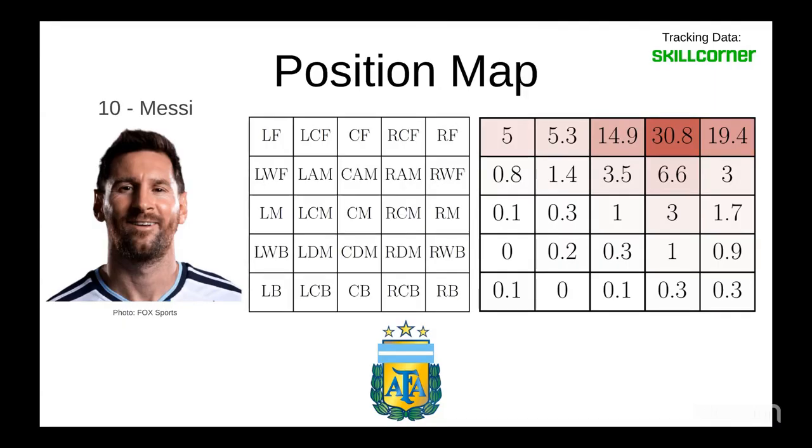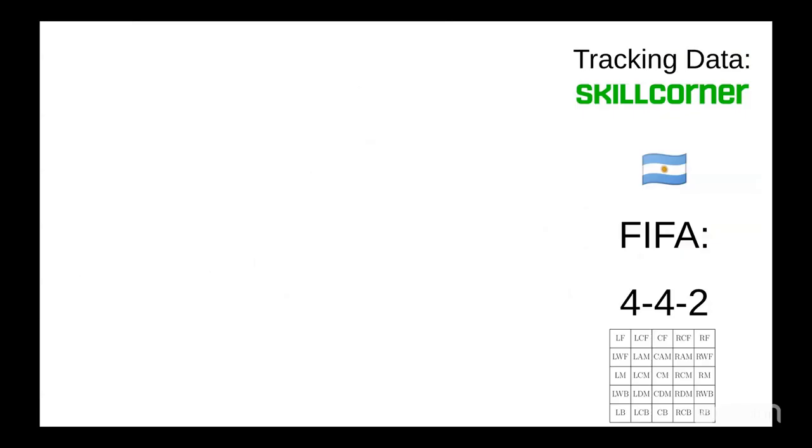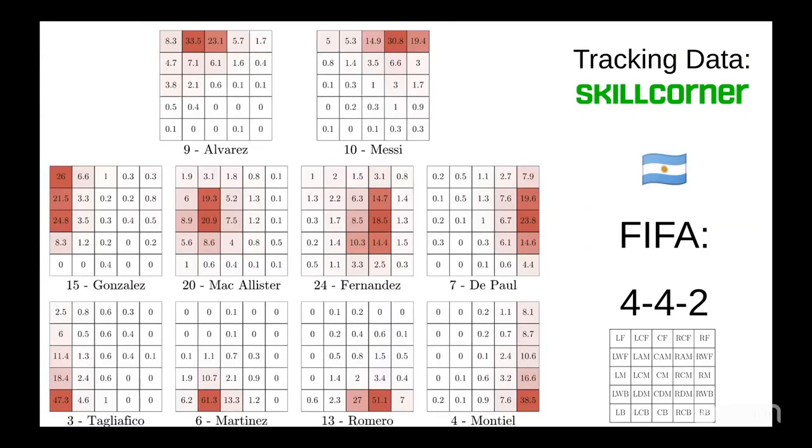So now we go back to the formation that FIFA has reported, the 4-4-2, and arrange each starting player from Argentina's position map accordingly. And this is the visualization we end up with. Now we can see which players are deviating from the location that FIFA has suggested. For example, it's clear when we look at the left midfielder for Argentina, number 15, Gonzalez. He shows a different profile than number 7. And that was also what we saw